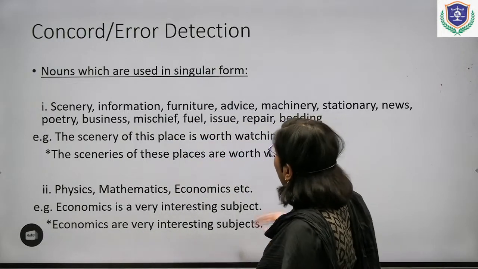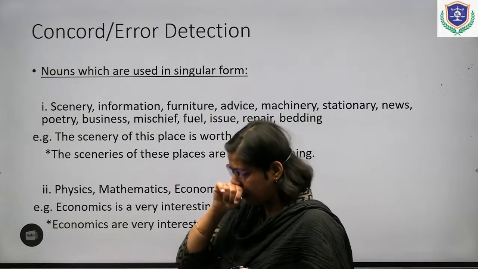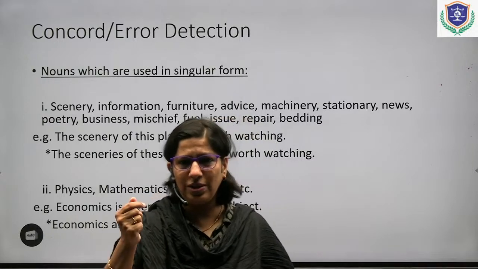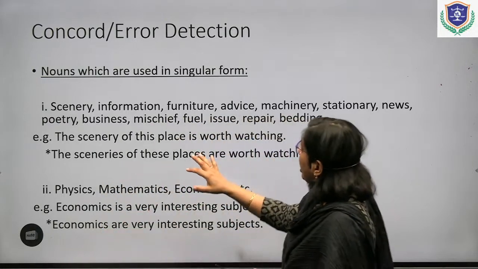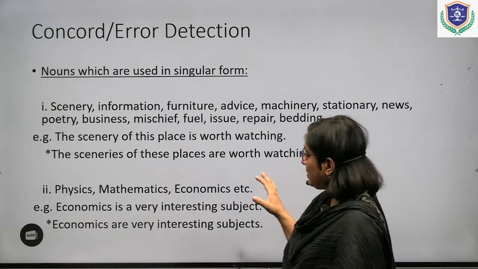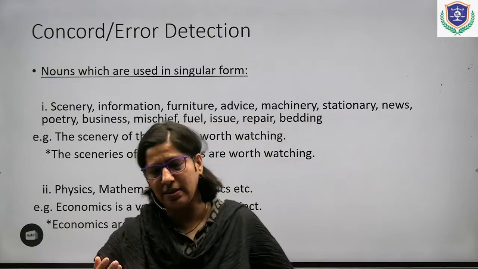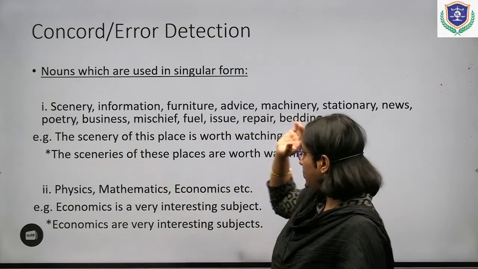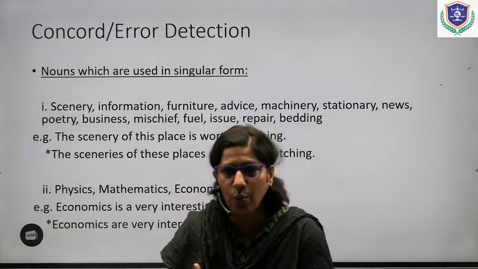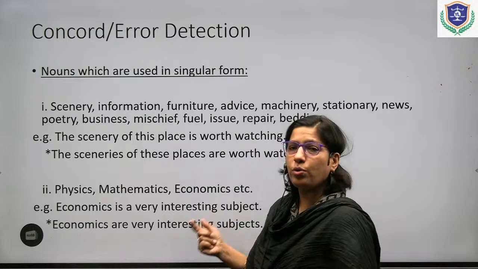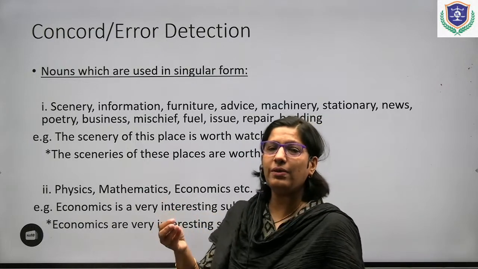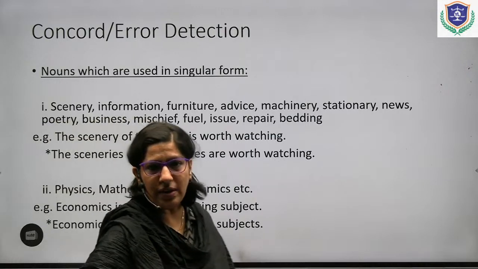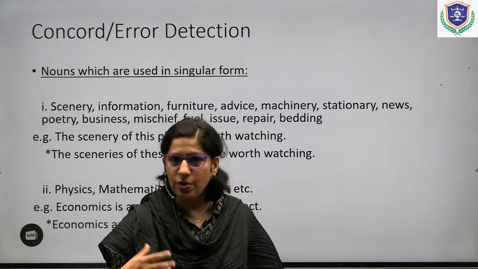Now we have just tried to look at articles and the important aspects we need to look at under a few points. Here this is error detection and the mistakes which we make. What is marked with an asterisk is the wrong one. Keep in mind that there are certain words which will never be pluralized, like furniture will never be furnitures, or information will never be informations. We say pieces of furniture, a piece of information,